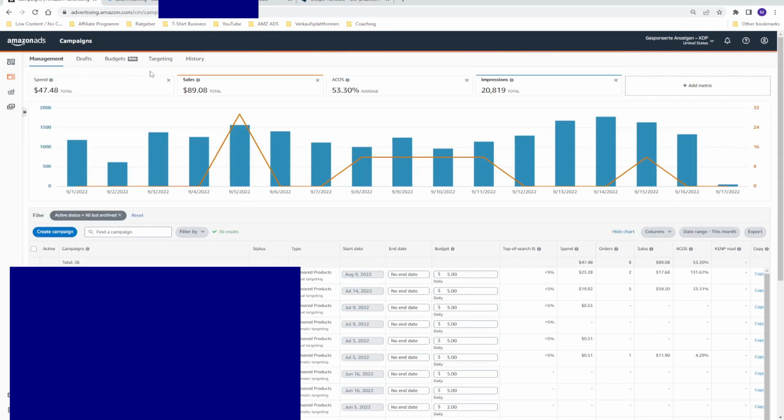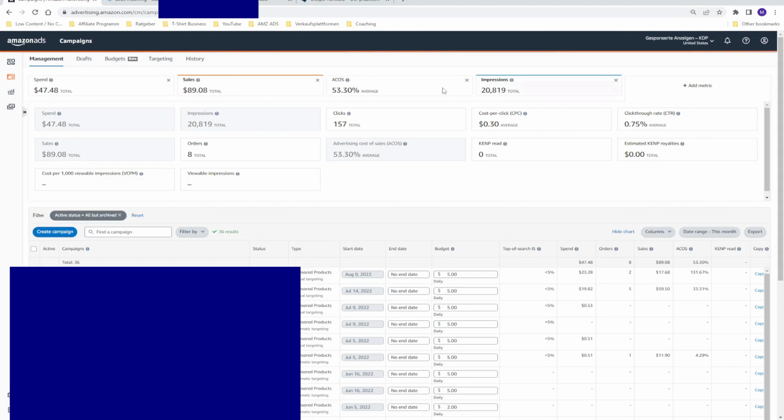And now we have a closer look at all the metrics. So as you can see, you can add different metrics in your dashboard. There's space for 4 metrics. And if you want to add a metric, you can delete an already existing metric and replace it with another metric. So now I will explain all the metrics so that you have detailed information and knowledge about all the metrics of Amazon KDP.